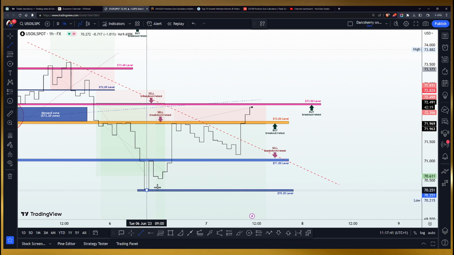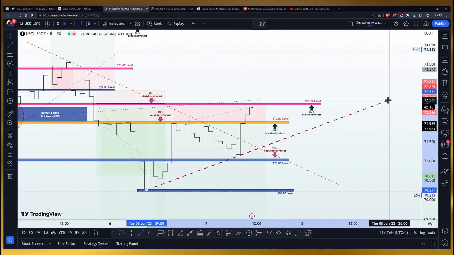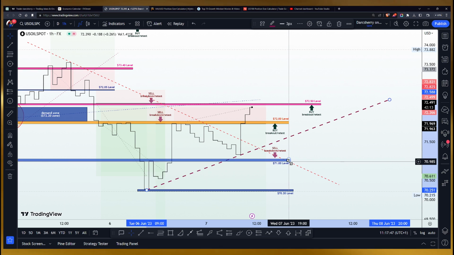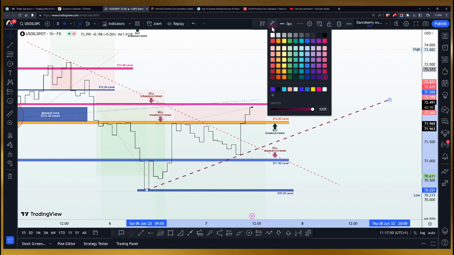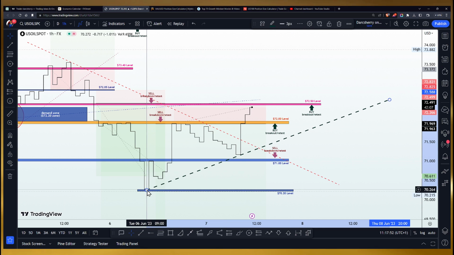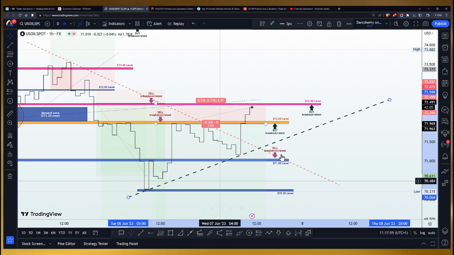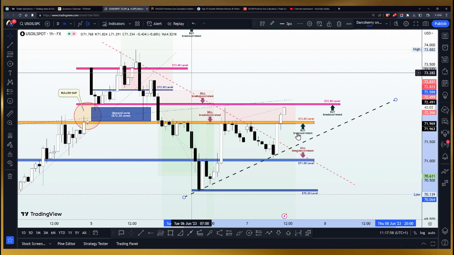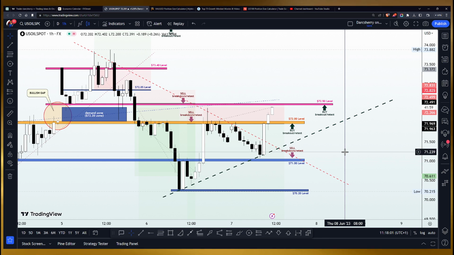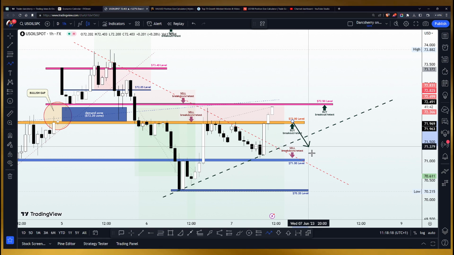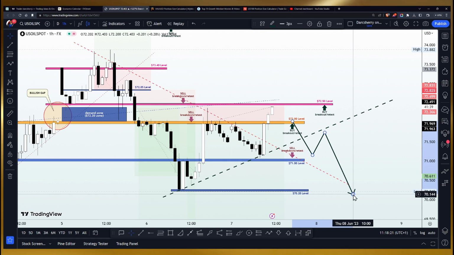Now, in order to support our bullish expectations from this current level, I was able to identify a bullish trend line after connecting the series of higher lows, since now we have a higher low. So going forward from this current juncture in this market, this trend line we just identified is going to serve as our yardstick to guide any trading activity. What this simply means is that as long as price action remains above this bullish trend line, we would have no other choice than to look out for buying opportunities, while we also feel comfortable in whatever buy position we have here. And only if price action breaches this bullish trend line can we start considering selling the US oil spot at this point.